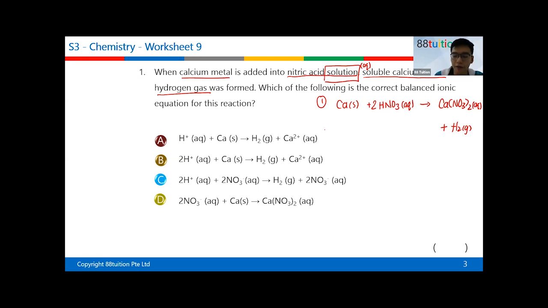Secondly, go and find all those aq compounds, because you need to end up splitting up all the aq. So your aq will be one here and one here. You must be clear that every HNO3 will split up into H+ and